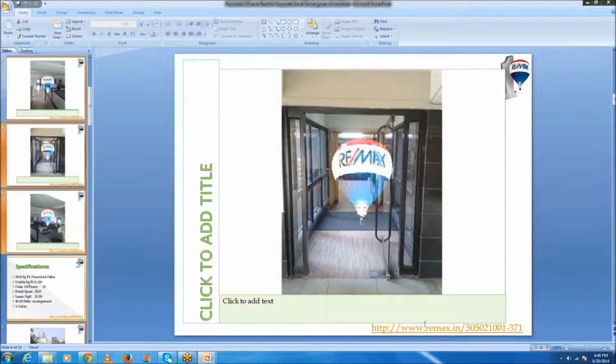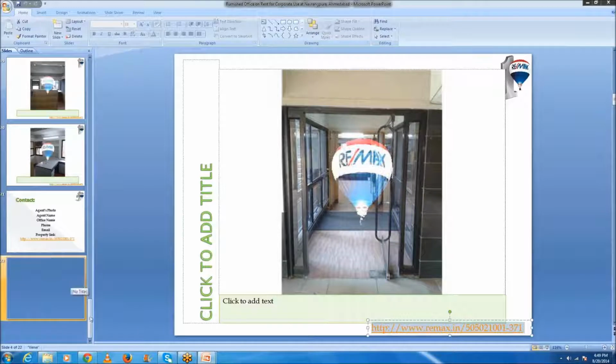Also you can put a box here and insert the URL of your property, www.remax.in, whatever property URL you have. You can also put another box in this way and put your name and phone number, so that if anybody wants to call you from any of the slides, they don't have to go to the last page, that is the contact page, right?